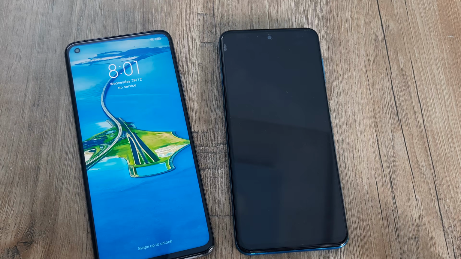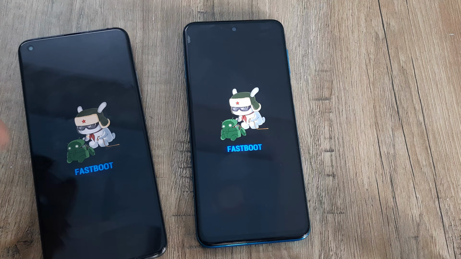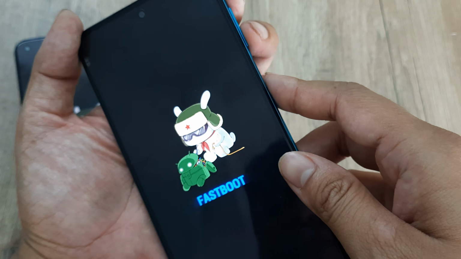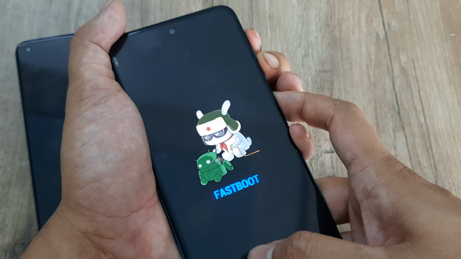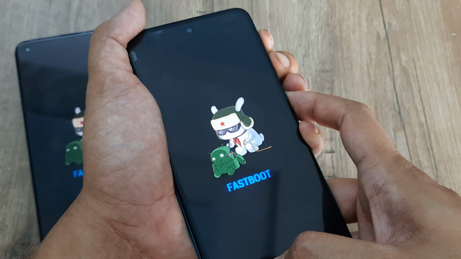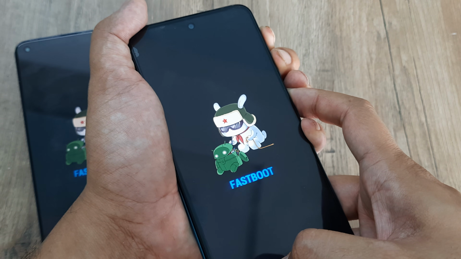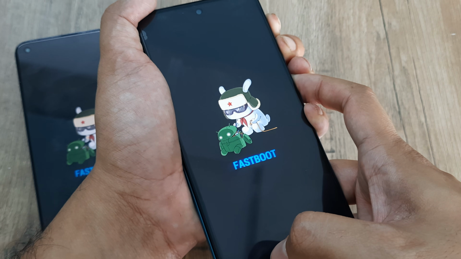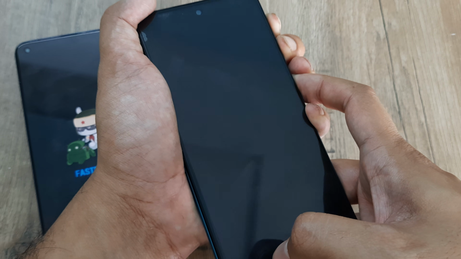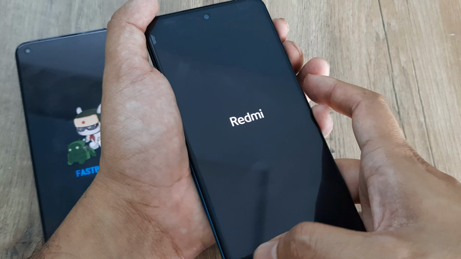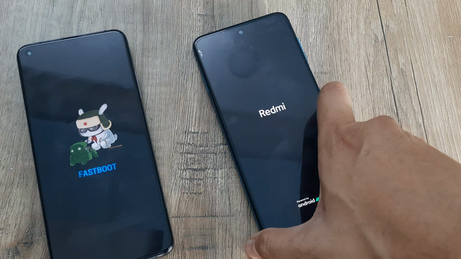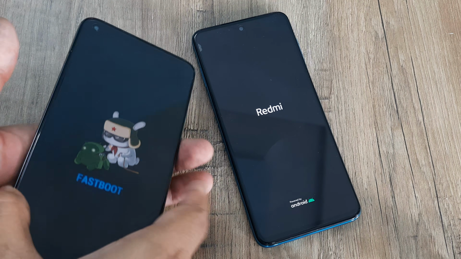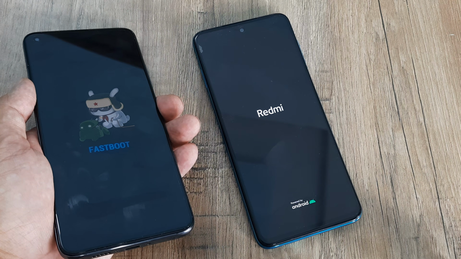Let's look at the second way you can come out of this mode. The second way to come out of the fast boot mode is to hold the volume up, volume down, and the power button, all of them together, until you see the Mi logo coming on the screen. So this may again take some time, but you need to be patient and just hold on to this state, all volume up, volume down, and the power button. And there you go. You can see Redmi coming on screen, and shortly the phone will boot up like it normally does. Same thing, you do it in this phone as well, and it will happen.